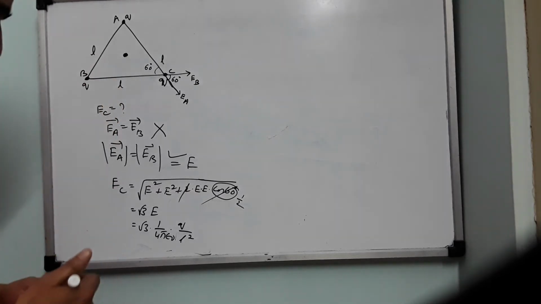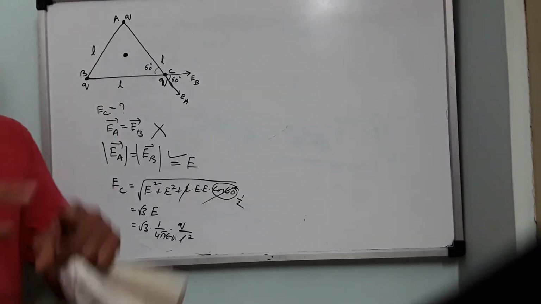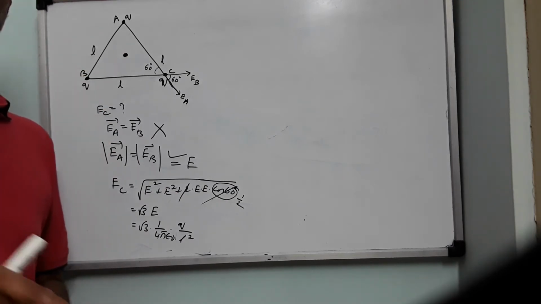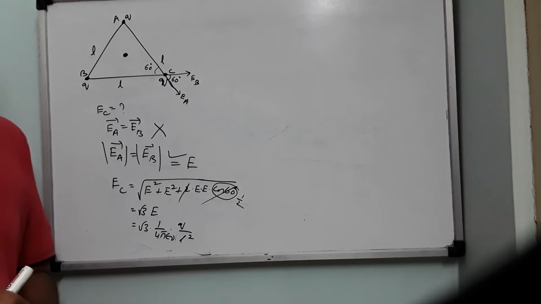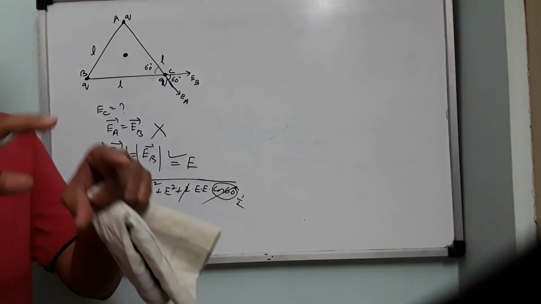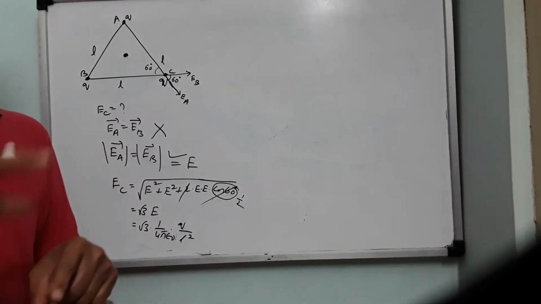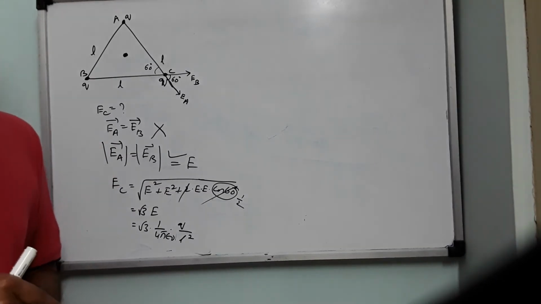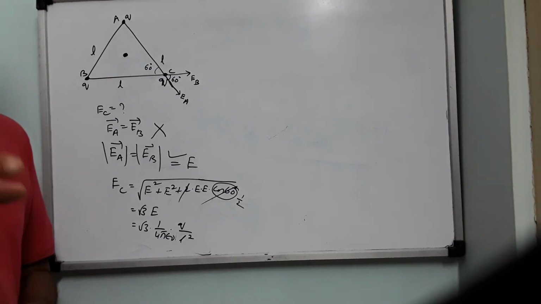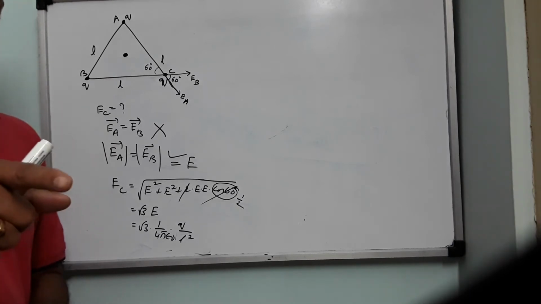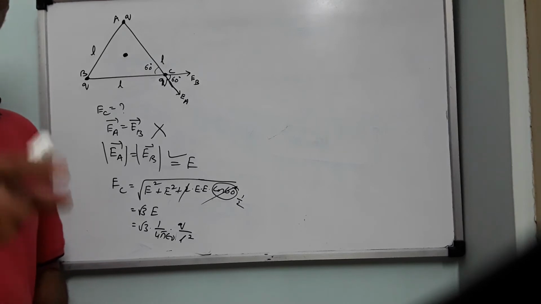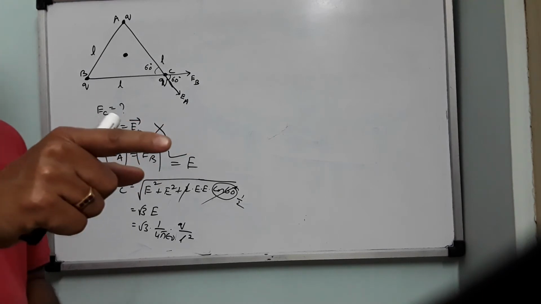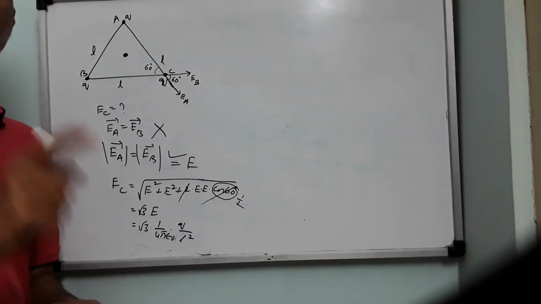You can extend this question to a square also. The square of side A, three equal charges are placed at the three corners of the square. Find the net electric field at the fourth corner. If not like this, you can say like this: in a square, 4 point charges are placed at the four vertices. Calculate the net electric field at the center of the square. That can be done. So the point where you are calculating net electric field, at that point there should not be any source charge. All electric fields should be calculated with respect to that point which is vacant.